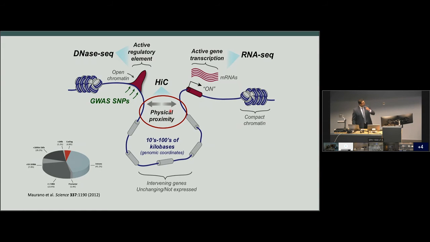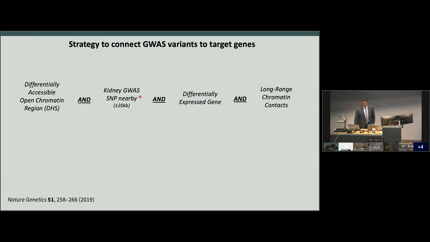So we decided to put all this together to see if we can identify the real potential target genes of these genetic risk variants for kidney disease, and annotate what their target genes might be, to give some insight into what new mechanistic pathways are present. So in word form, what we're going to do is look at the enhancers that are present in glomeruli or tubules, look for kidney GWAS risk variants, look for changing genes, and look for contacts, and intersect them all. Most studies use only one or two of these methods. We wanted to use all four.